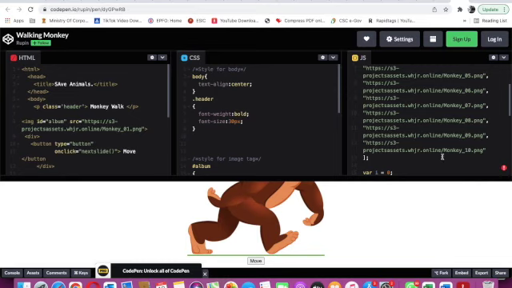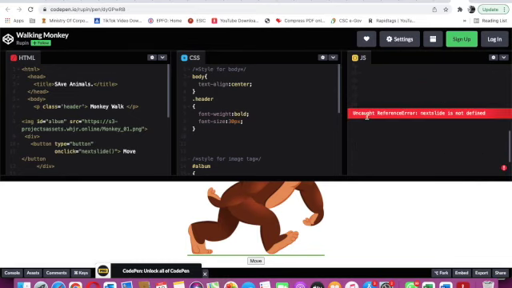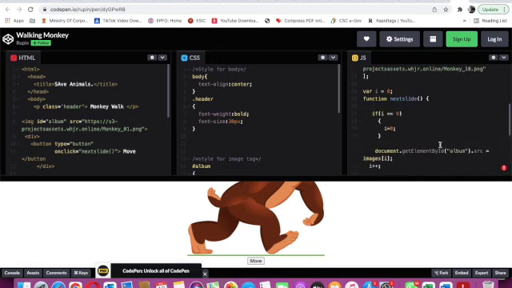Again we will check. Uncaught reference error. nextSlide is not defined. We will delete nextSlide because it is telling that it is not defined.